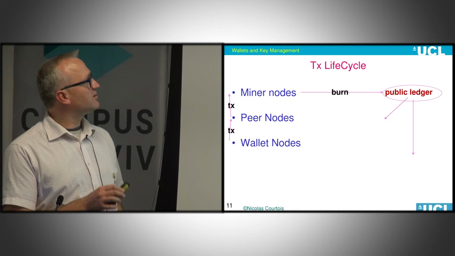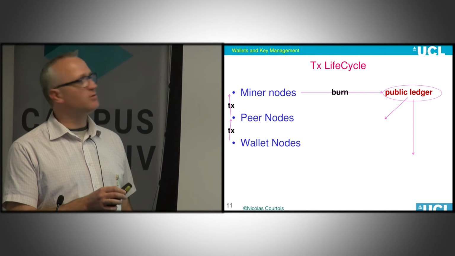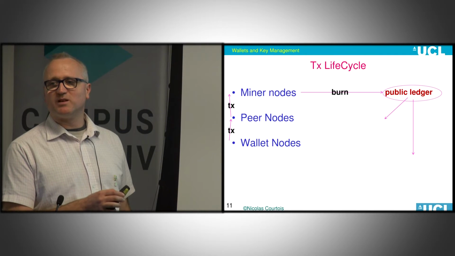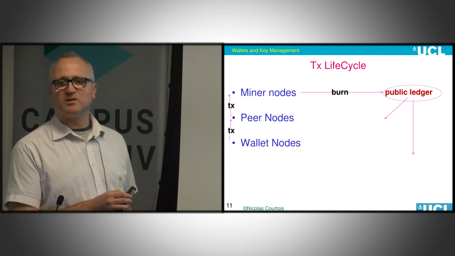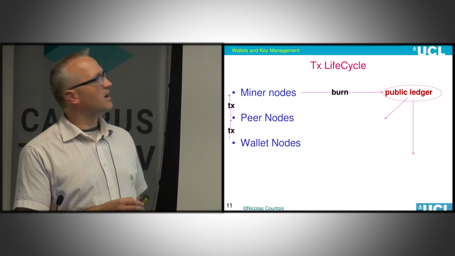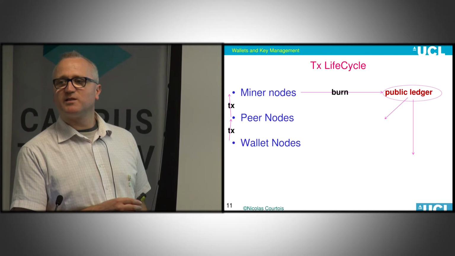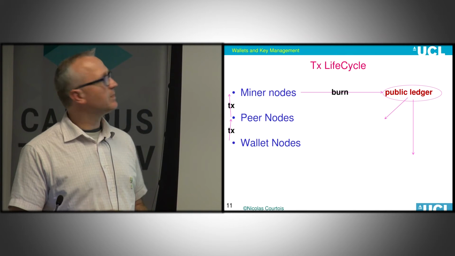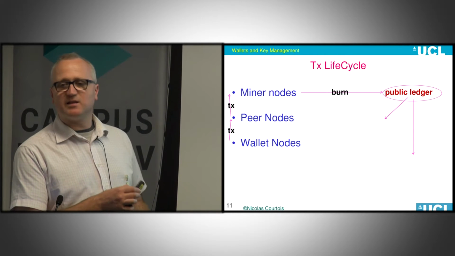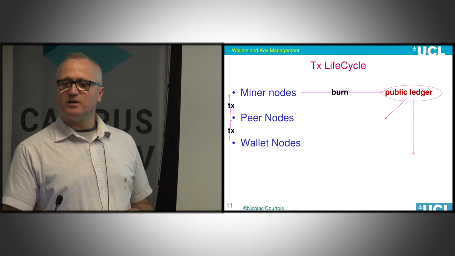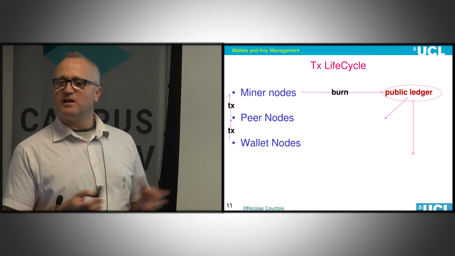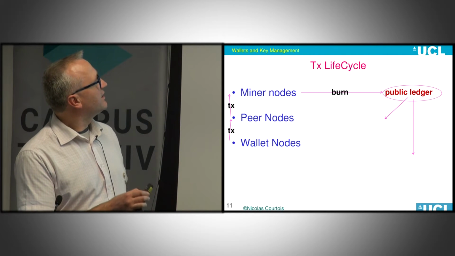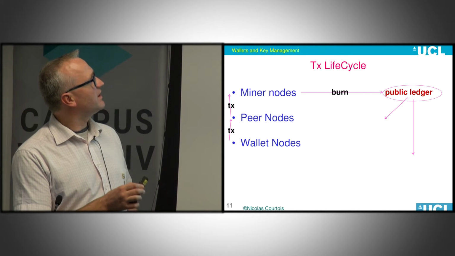They send transactions to peer nodes, which run the peer-to-peer network. And these are different people. Typically wallet nodes are not very active in the peer-to-peer network. You cannot really claim that they are on the peer-to-peer network. Peer nodes, about 5,000, a very small number, because Satoshi forgot to create a monetary incentive for anyone to run peer nodes, so it's a problem. They will broadcast these transactions. It takes like 5 to 10 seconds, and they are broadcast globally. And then some of these transactions reach the miners.